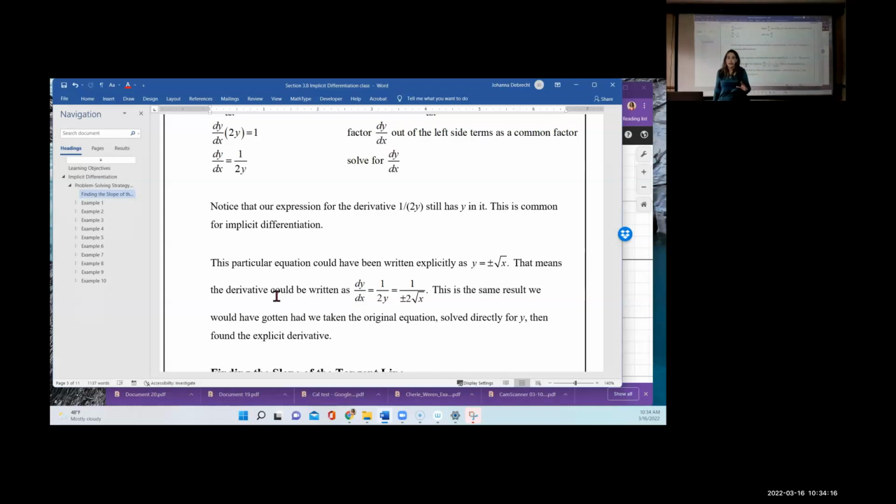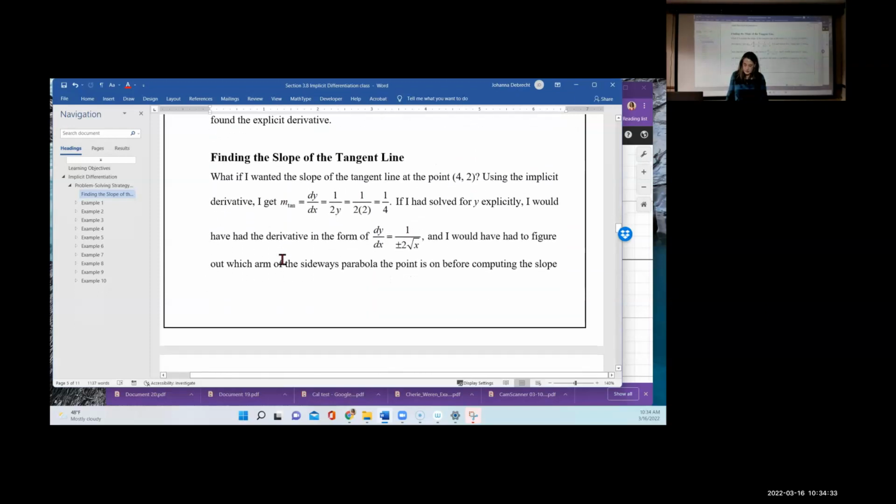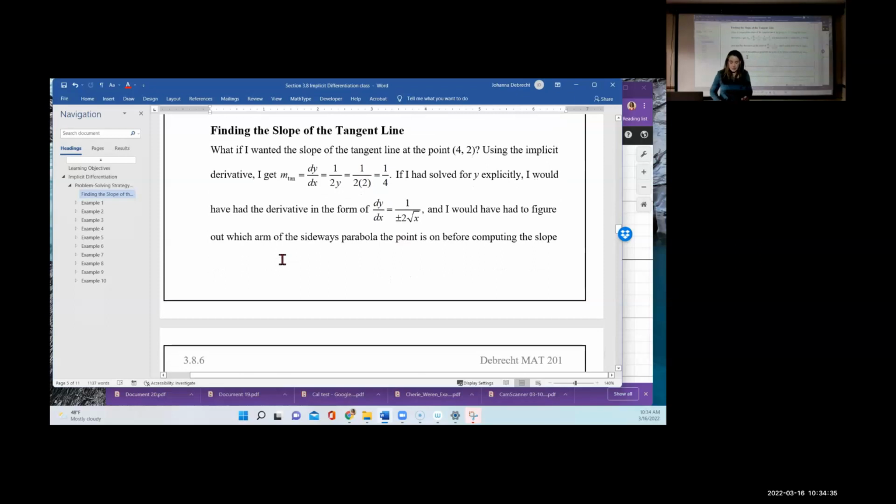It still has both x and y in it, which means if you want to find the equation of a tangent line, you'll need a point with both the x and the y coordinate because you'll need both of them to plug into the equation. You can't just know the x, right? So finding the slope of the tangent line, you've got to know both parts of the point. You've got to know the 4 and the 2. In this case, it's the 2, the y value, that gets plugged into the formula, 1 over 2y,